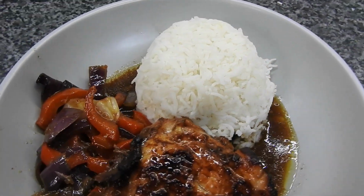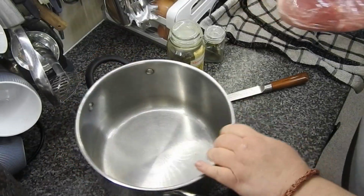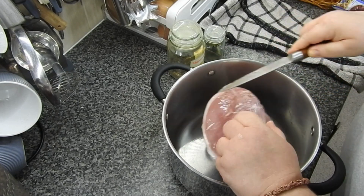Then he made some honey and soy chicken with some vegetable things and rice. The kids like the chicken, but obviously not the vegetables. So Sunday,